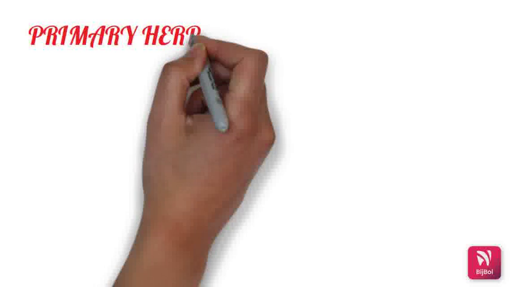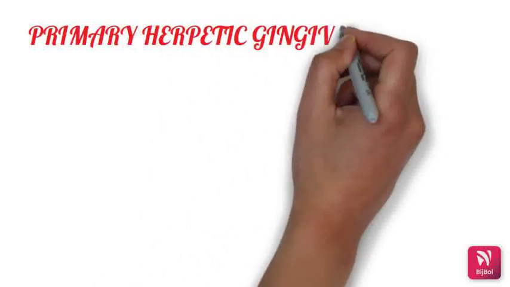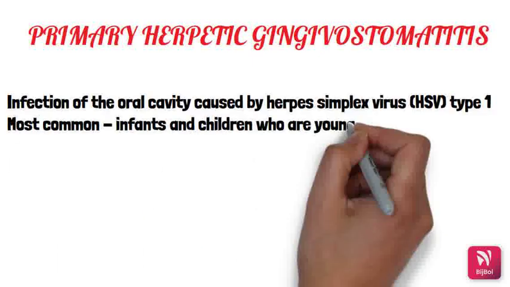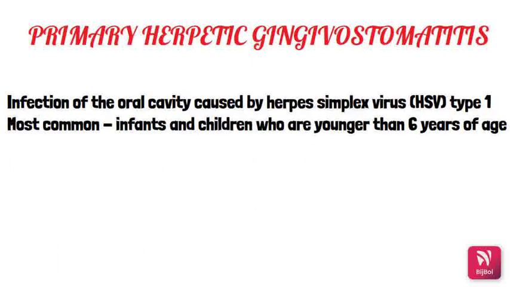Next, we will learn about the second condition, that is primary herpetic gingivostomatitis. It's an infection of the oral cavity that is caused by HSV1, herpes simplex virus type 1. It is most common in infants and children who are younger than 6 years of age. It is also seen in adolescents and adults, but it is more common in children younger than 6 years of age. It occurs equally in both males and females, and in most persons, the primary infection is